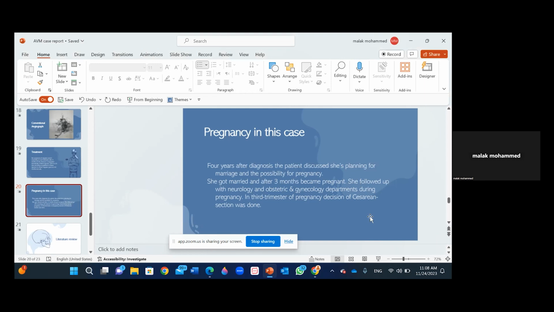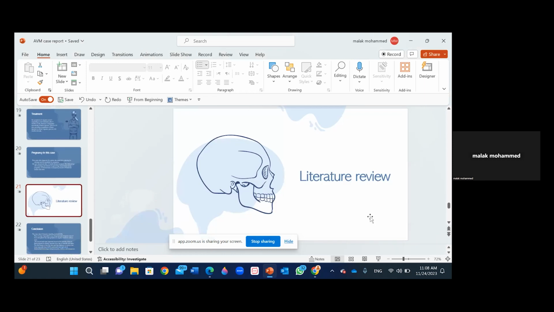And she's doing well right now. Also, the patient is planning for another pregnancy right now. So for literature review, going into the literature about similar cases, we can see that most of the reports were